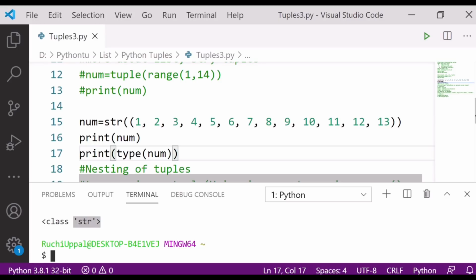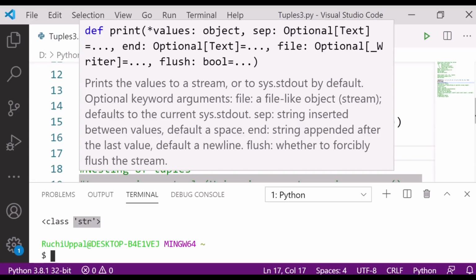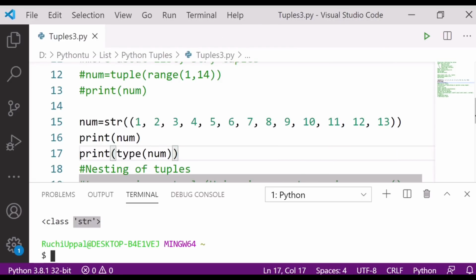Fine, so just suppose if I have a list inside the string, what will happen then in that case? Let's see here, just a minute.